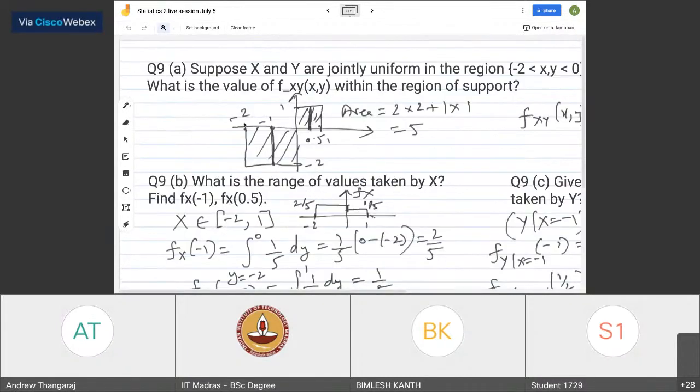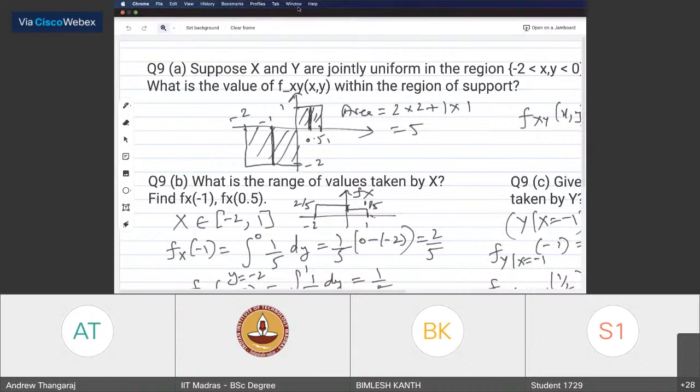But the easiest check in my mind is just look at this region. There is one range of values of x for which the range of y is 0 to -2. The other value of x where the range is 0 to 1. The range changes for y, and that immediately means it is dependent. Okay. All right. So I think that's the end of this session.